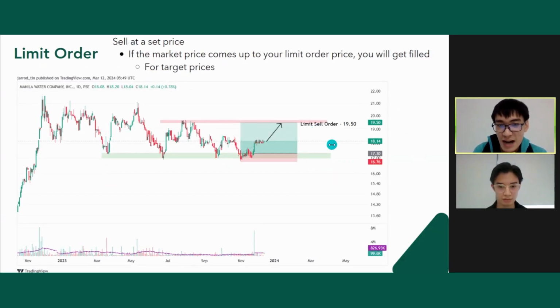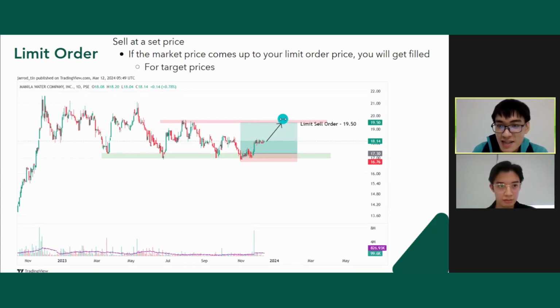So another example, but this is for selling naman. So yung pinakita ko sa inyo a while ago, so that is for buying. How about for selling? How can you use the limit order? So for the limit order, for selling, this is basically for setting your target prices. So let's say nakabili ka na dito. So this is your buy and support. You want to sell naman. So what you do is you set your sell limit order at resistance. Diba? Yan yung target mo.